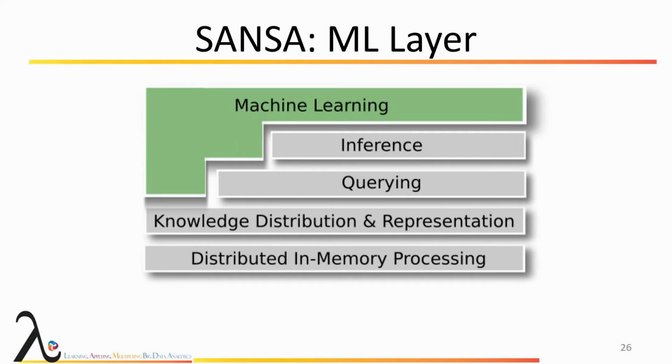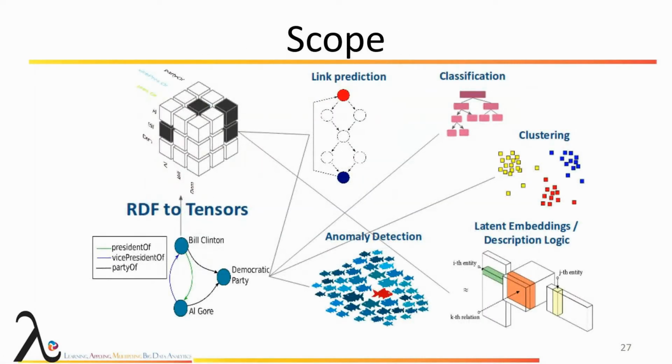In machine learning, while the majority of machine learning algorithms use feature vectors as input, the machine learning algorithms in SANSA exploit the graph structure and semantics of background knowledge specified using RDF or OWL standards. And this enables the algorithms to exploit the expressivity or semantic information coded inside these graphs, and it helps to attain better performance or even more human understandable results.